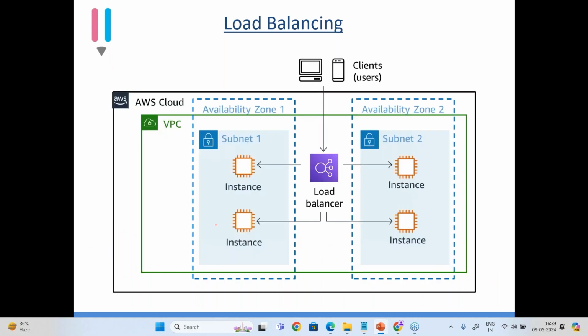Now you see this picture. As I told you, the prerequisite is that you should have an understanding of VPC and all. Now here, what is there in the AWS cloud? In one VPC, let's say this VPC is in Mumbai. I created a virtual private cloud in Mumbai. I've created 2 subnets, subnet 1 and subnet 2, and in these 2 subnets, let's say there are 4 servers, EC2 1, EC2 2, EC2 3, and EC2 4. Now what I did, I created a load balancer.